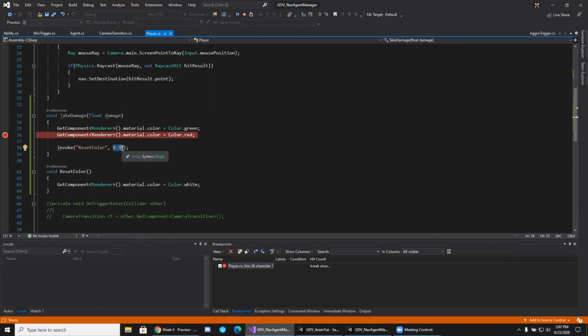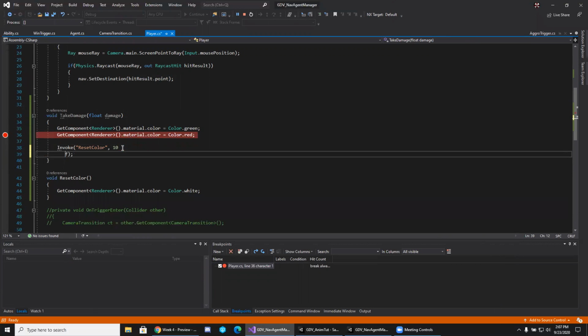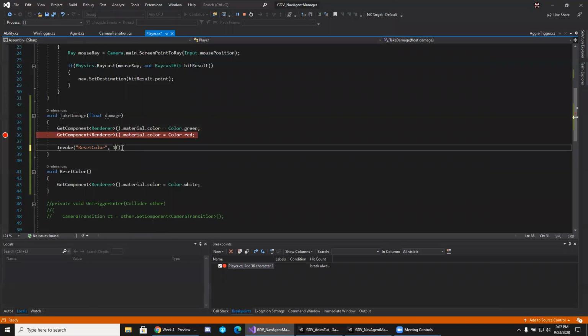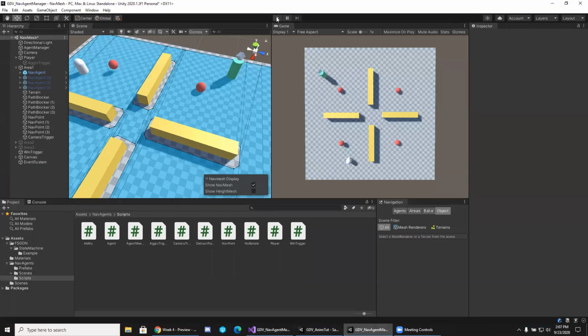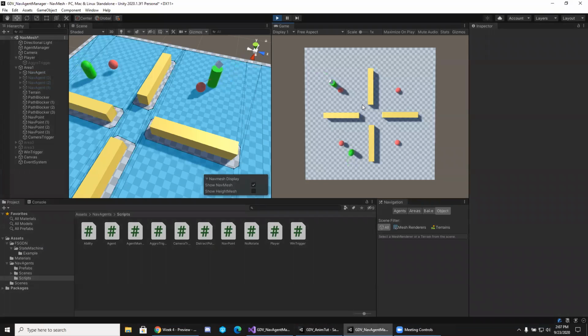I guess let's delay it for 10 seconds. And point F or point OF. And we are debugging here. So save everything here. Go back over here and this better be it. So we're green when we start. When we run into it,